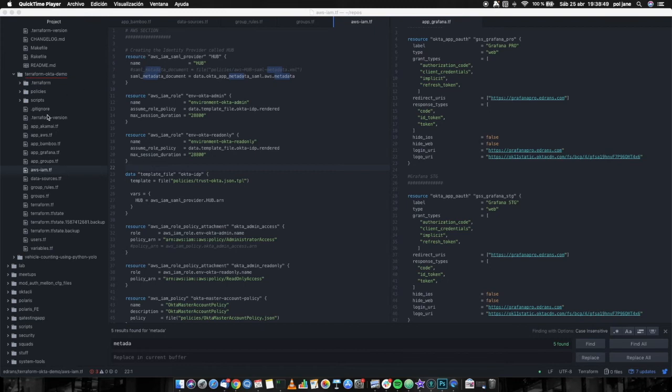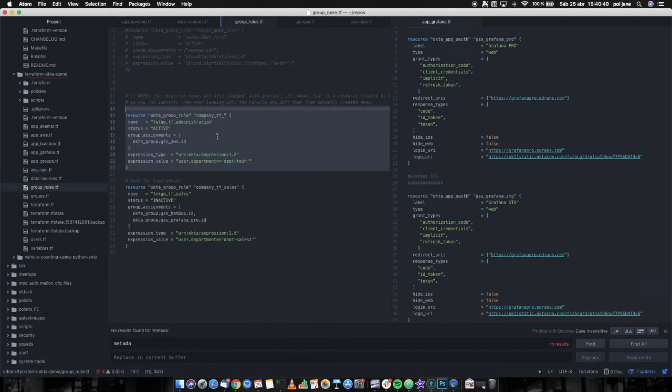For example, in this file, we're creating a lot of resources in AWS, but at the same time, we're referencing some variables to data coming from the Okta provider. In this case, it's just a metadata application we have to insert in the SAML provider we want to create in AWS.